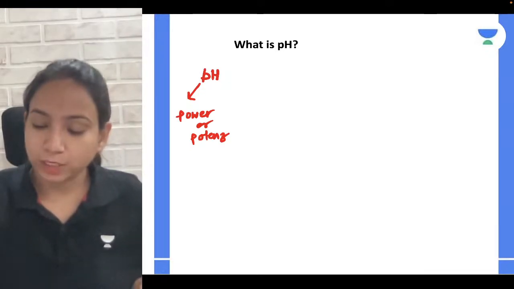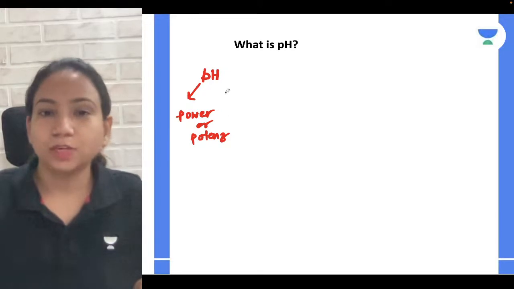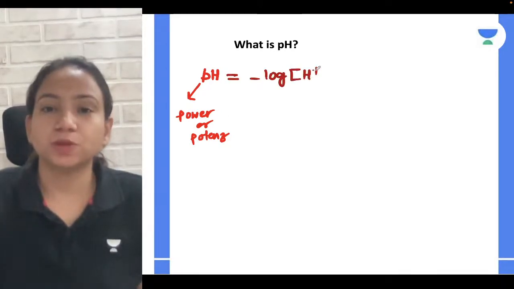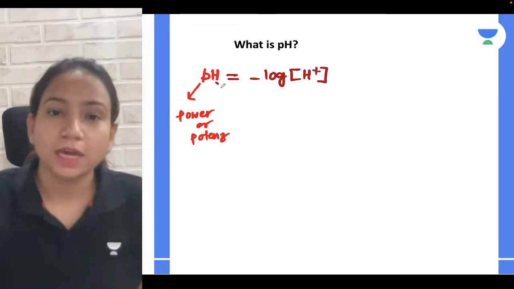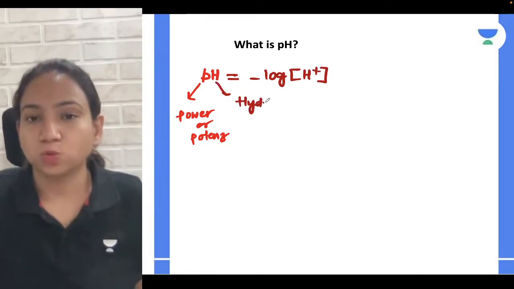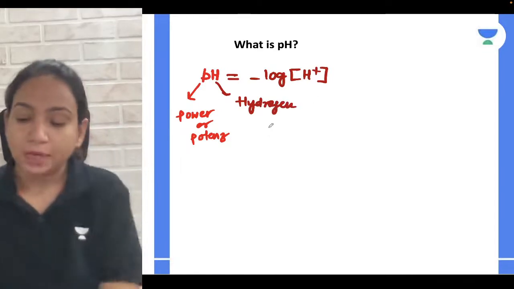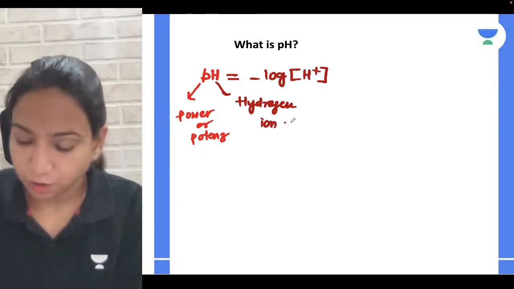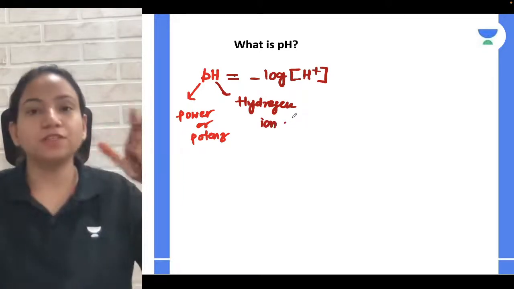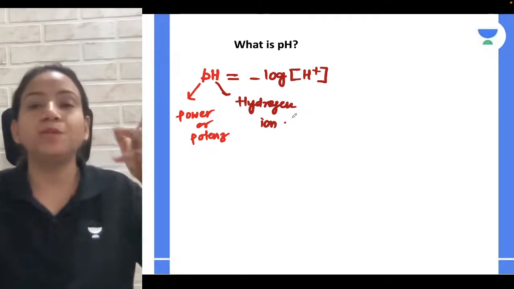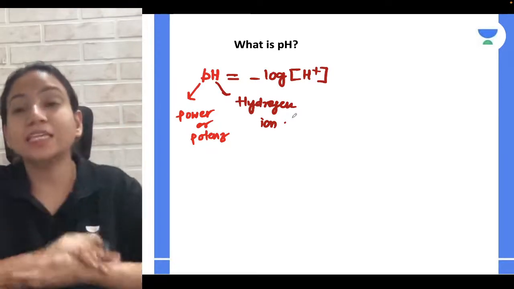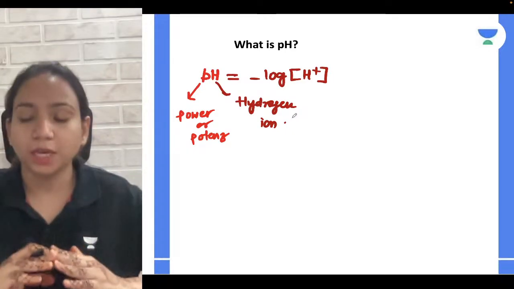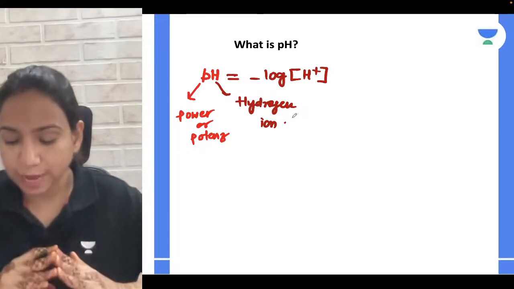So pH, how can we calculate it? Yes, we can calculate it by a formula which is minus log of H plus ion concentration, because here H in the pH formula is nothing but hydrogen. Now this is for class 11, and in class 11 it's a very important topic, which is pH and pOH in ionic equilibrium. Many of the students struggle in this topic, and if you're targeting any competitive exam,